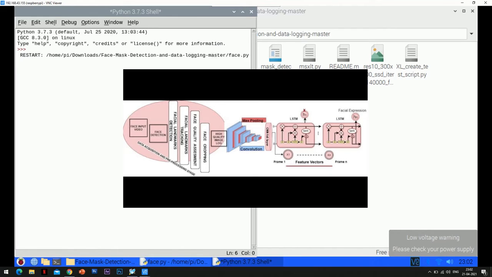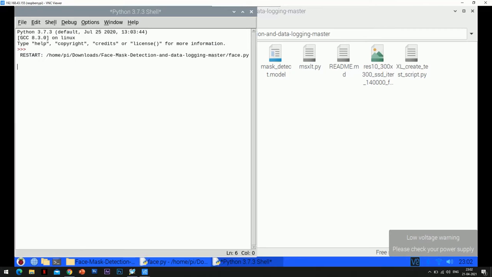The third and the final phase is face mask detection. In this code, along with face mask detection, we have incorporated the relay condition so that the solenoidal lock will be open accordingly to the given condition. For that, we have imported the GPIO model of Raspberry Pi, which are the general purpose input output pinout, and we have assigned the pins accordingly. So let's check the output.